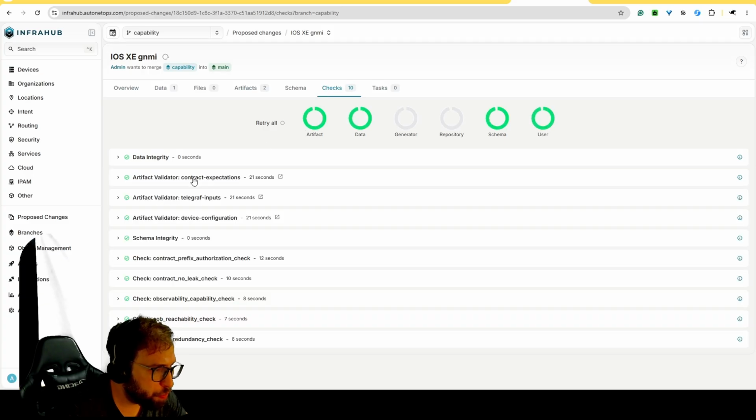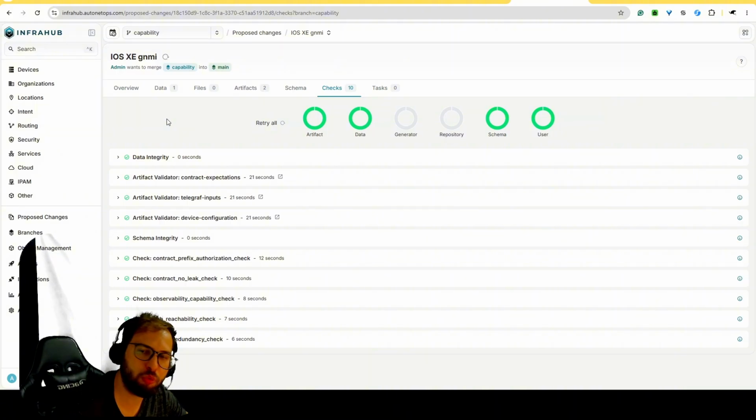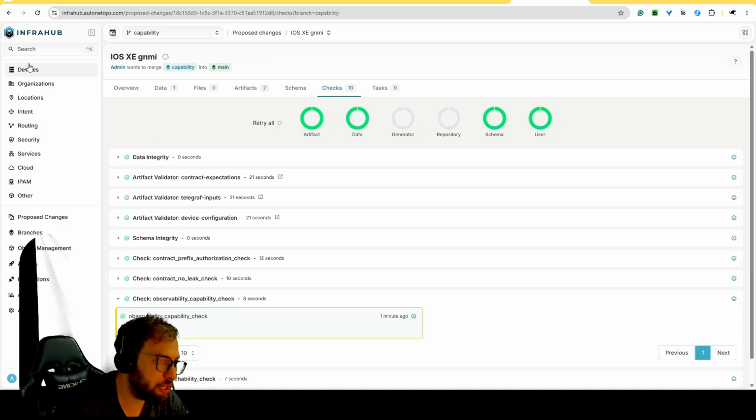And then on our checks, probably here we have a contract where the observability expectation is that every device has to be monitored somehow. And then we can create specific validations. For example, our core devices have to have at least this type of values enabled. So we can create one based on our intentions, what we want to be validated and whether it is being validated. So you see that now we are passing the capability check, and this is going to be reflected